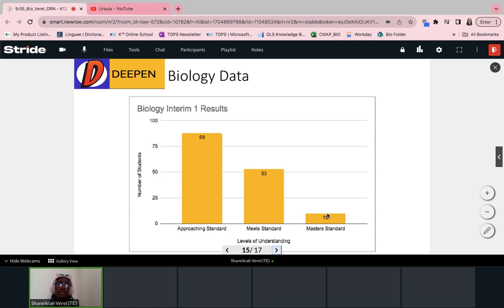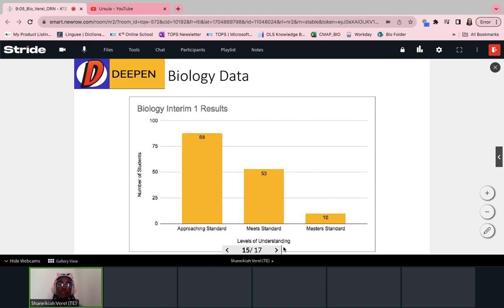Like if you have a little sibling, you know that in September they're like this big, but then in June they're this big. And you would be concerned if your little sibling didn't grow at all over time. That's what healthy people do, and that's what students do too. After having time in class, they grow. So that's what we're looking for, just to step a little bit more. We want to push approaching more into meet and push the meet students more into mastered. So what you do, once again, really matters.